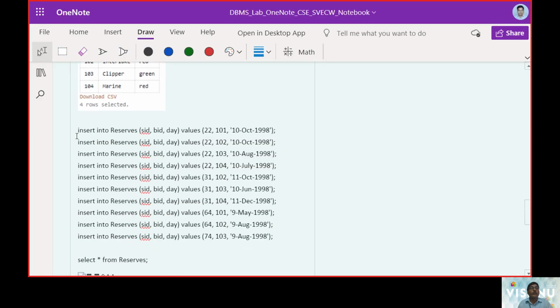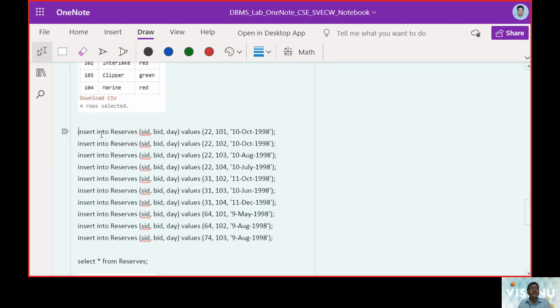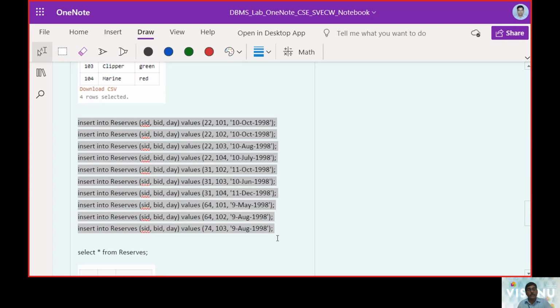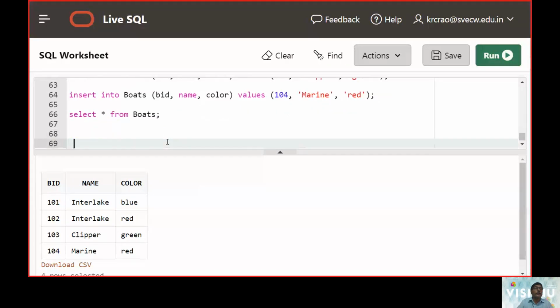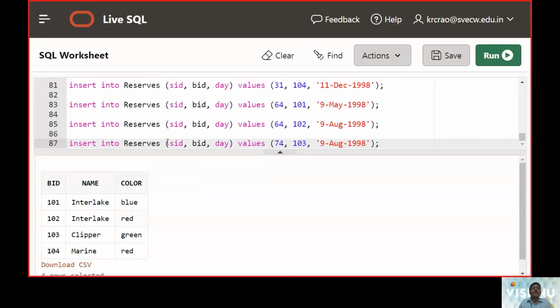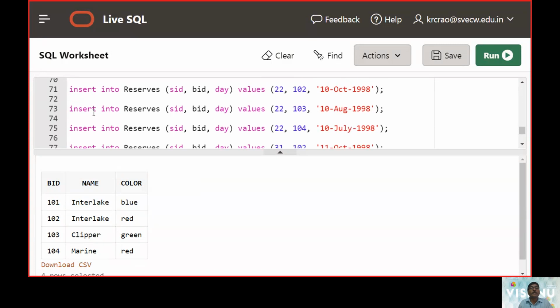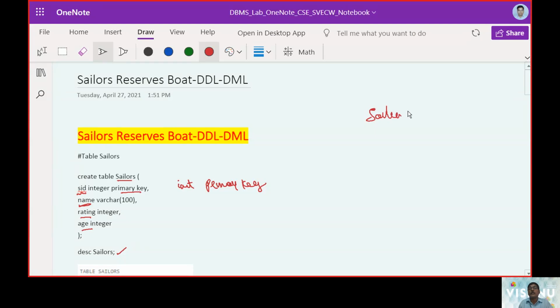Now let us make the third set of databases which needs to be executed. So in this third set of databases, as described, we are going to get the inputs from Sailors and the inputs from Boats.